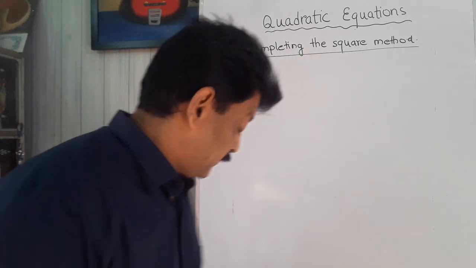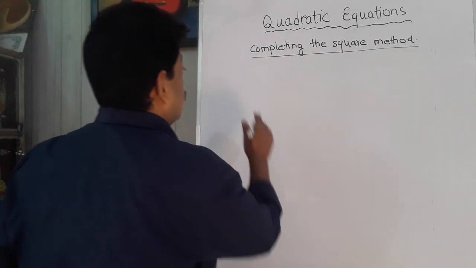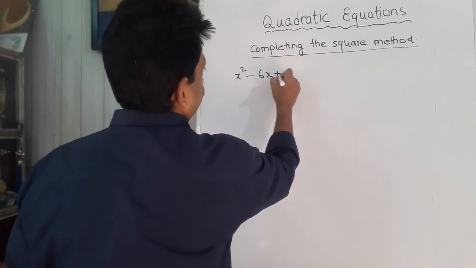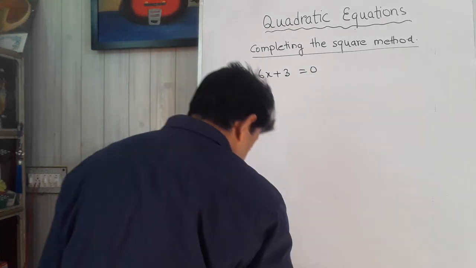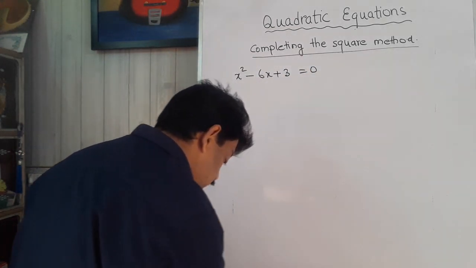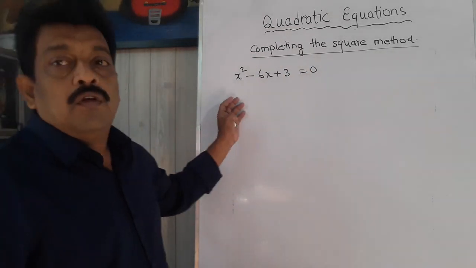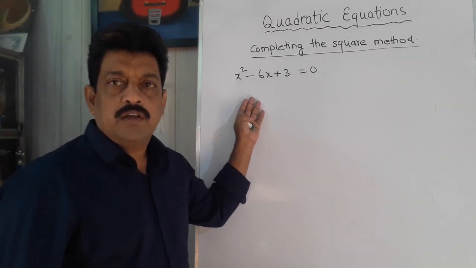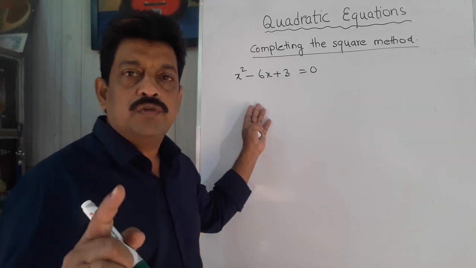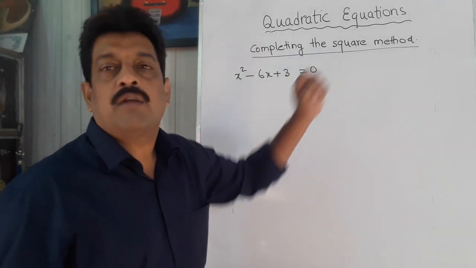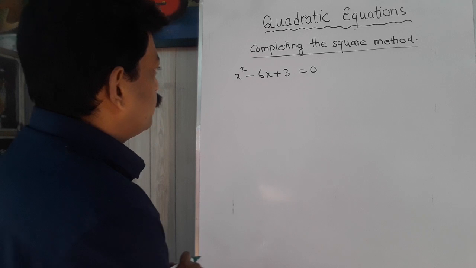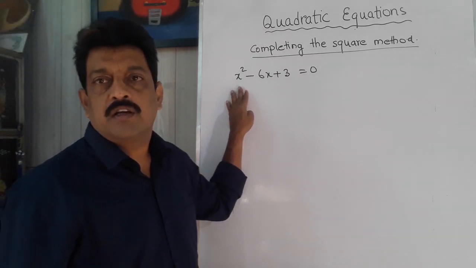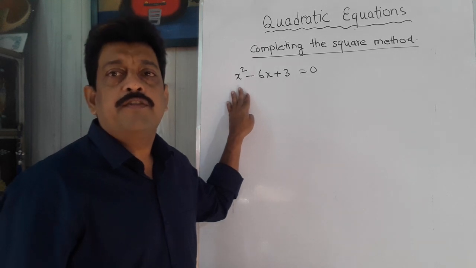Okay, so here I am going to show you one simple example of how to use this method to solve a quadratic equation. The first question is x square minus 6x plus 3 equals 0. This is a quadratic equation. We can solve it in different ways, but here it is mentioned in the question to use the completing the square method. So first of all, just make the first term the target one. Write it in the form of a whole square.